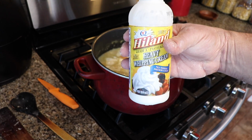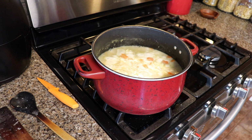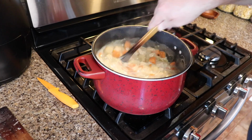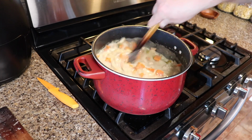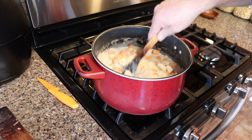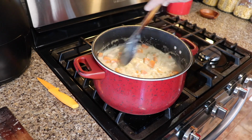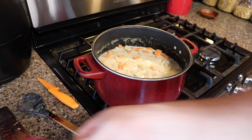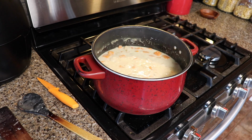It is now time to add the heavy cream so that we can thicken the filling. So I'm going to put a 1/2 cup of heavy cream into the mix. I'm going to get that stirred up real well. And I'm going to let that cook for about